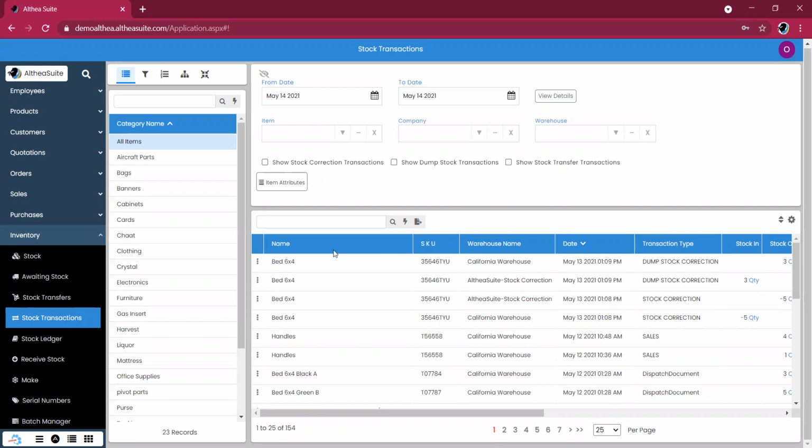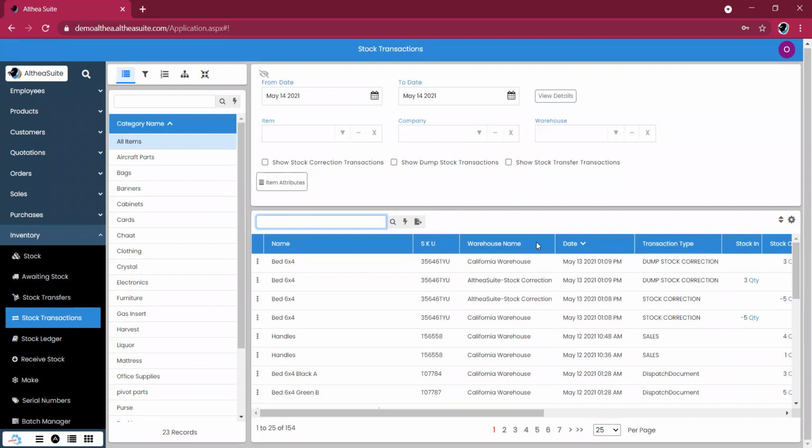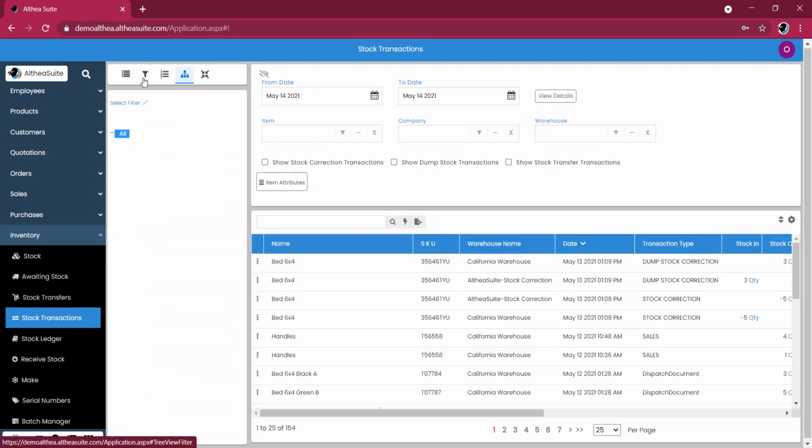So we can log everything here by searching a particular transaction number, and that lists out all the particular transactions that happened inside. Simultaneously, we can also search a particular product and what the history and life cycle of the product has been. So we can see the list of all the categories on the left. We can select a particular category that we're trying to view and segregate. You also see different filters such as the checkbox filter, a category tree filter.